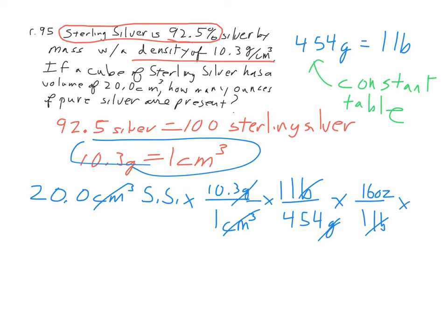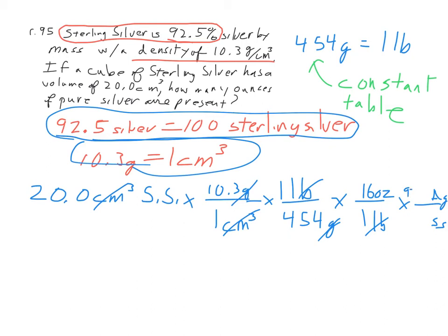You could, if you wanted to, just take your normal percentage at this point. Or if you wanted to do it unit analysis wise, you could say I've got sterling silver, I need my sterling silver to cancel out. I want silver, according to my ratio up here, I have 92.5 parts of silver for every 100 parts of sterling. So I would multiply everything on top, divide through by everything on the bottom, and when I do that, that gets me